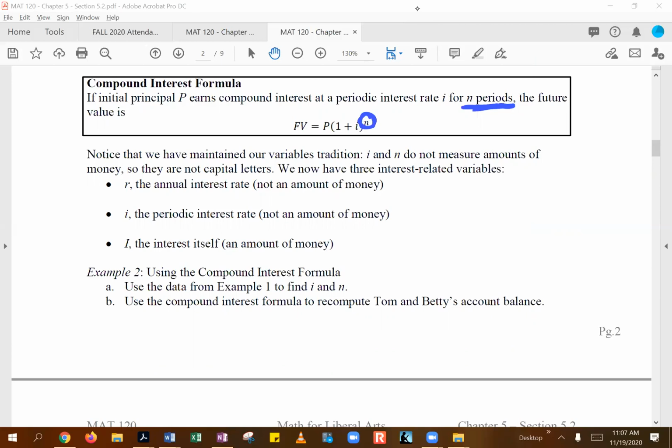So again, just some terminology here. The R will be representing your annual rate of interest. I basically represents the periodic rate. So that's where you take your R. And, honestly, I prefer to write this here as